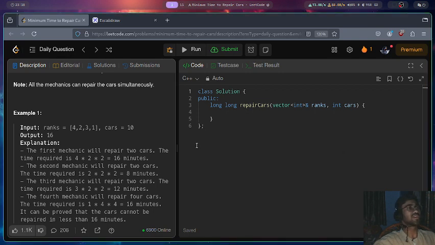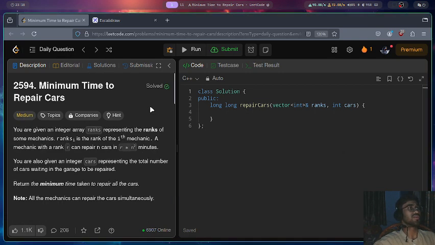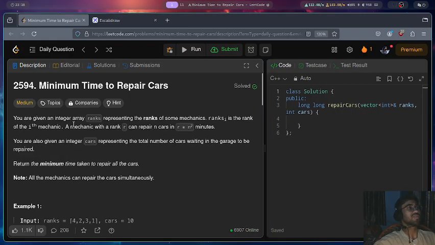So today I'll be discussing one more Leetcode problem, which is minimum time to repair cars. Let's read the problem statement. You are given an integer array ranks representing the ranks of some mechanics. Ranks[i] is the rank of the ith mechanic, and a mechanic with rank R can repair n cars in R into n square minutes. You're also given an integer cars